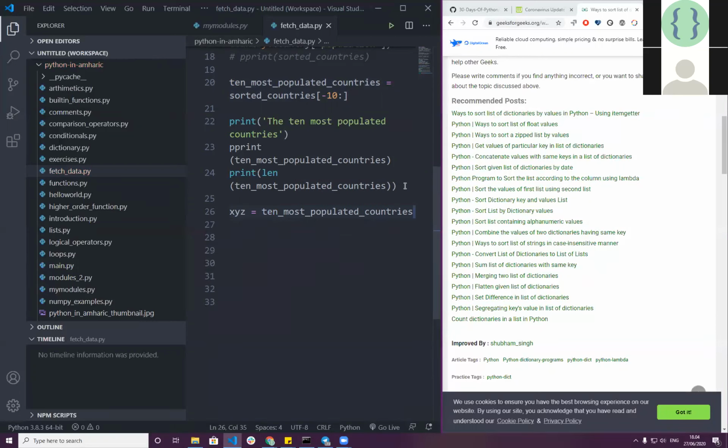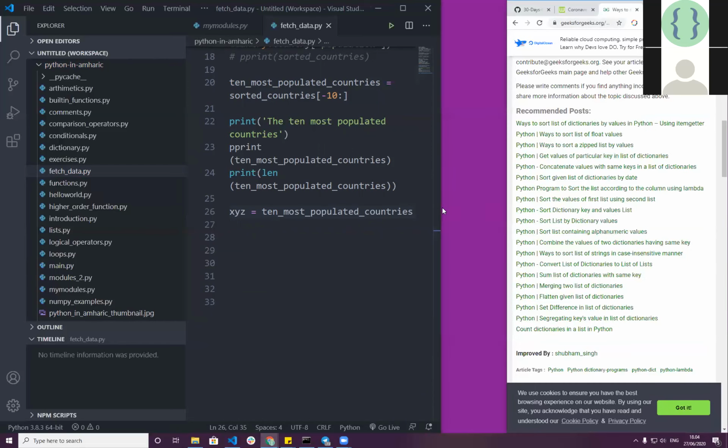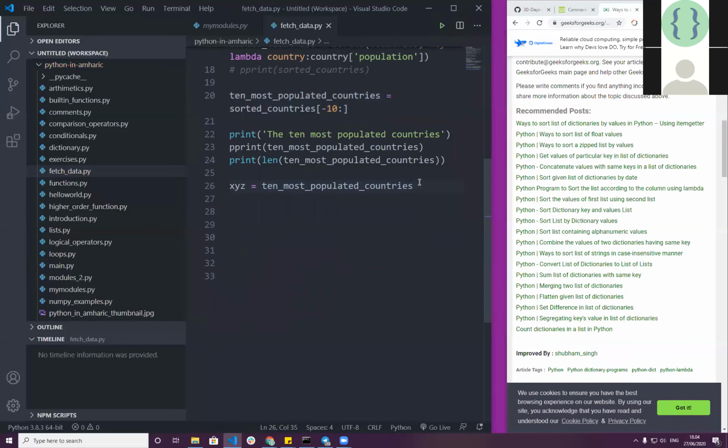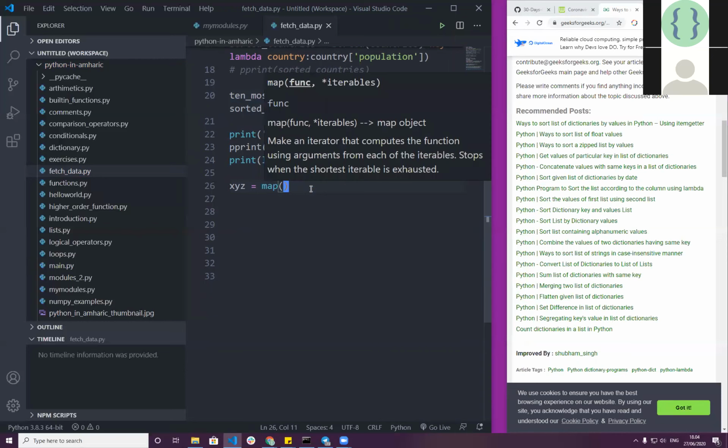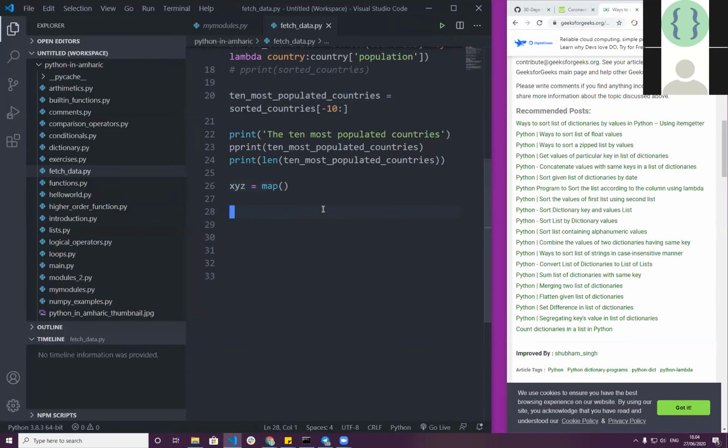Yeah, 10 most populated countries. So I like to use map now. Do you remember map? Map is so nice. It takes a callback function as a higher order function, if you remember. So it could be lambda and then country. From the country, we are only interested in, for instance,